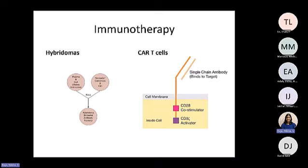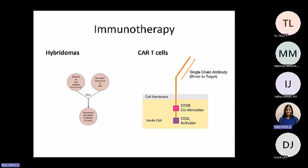So CAR T cells are engineered so that they can bind to certain tumor antigens, and those engineered T cells are given to a patient with cancer so that these CAR T cells can interact with those tumor antigens and kill the cancer cells. All right, so that's the end of